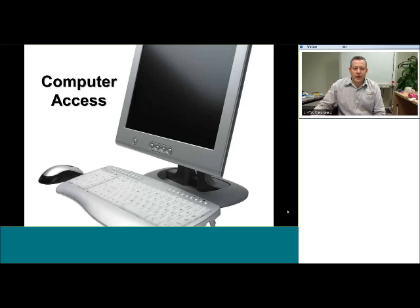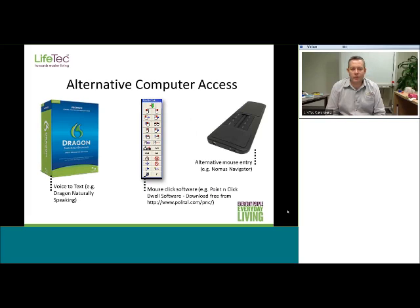Let's now talk about computer access equipment. For people who can't use a keyboard for typing, there are other options such as voice-to-text software. One very popular voice-to-text software program is Dragon Naturally Speaking. It can be used to control a desktop and